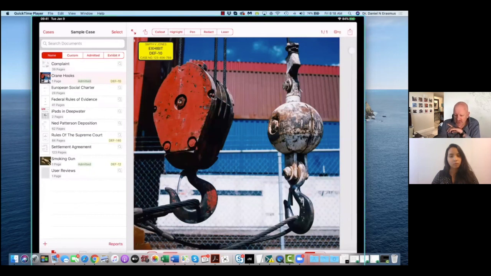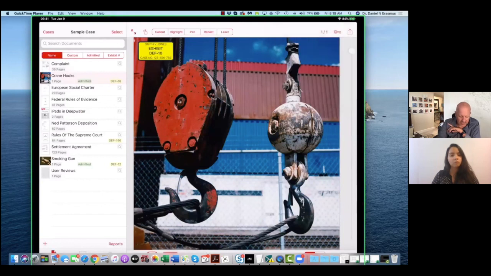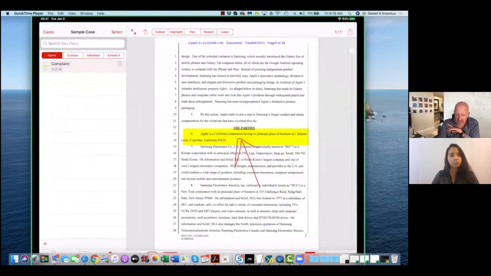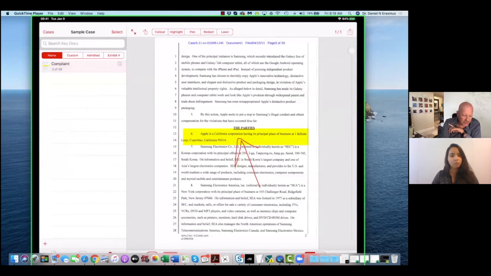Another nice feature is if you're busy preparing a particular case and you've got a team working on it, as you're going through things, you've highlighted, so let's say I go back to my key documents. Let's say I want to send this page to one of my team members, highlighting something. I can push the forward button and I can email them the document, or I can print it or upload it into another program, either the entire document or the current page, whatever the case is. So that's also quite a nice feature.